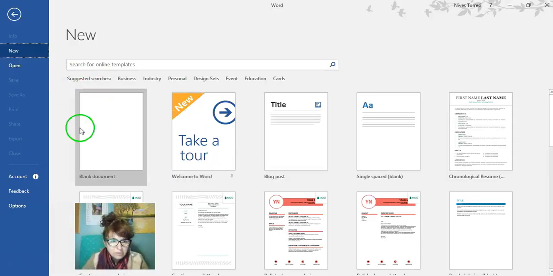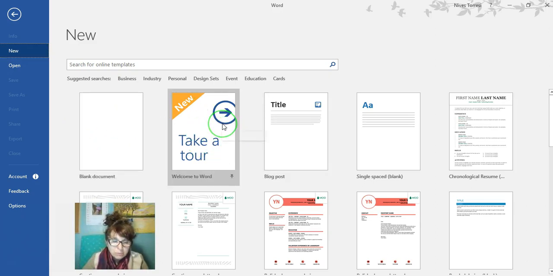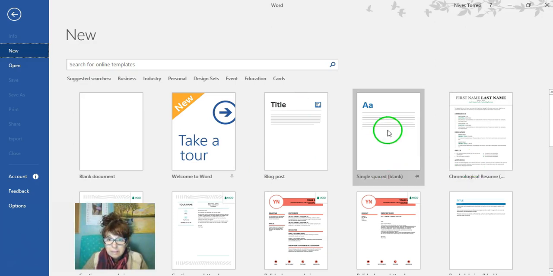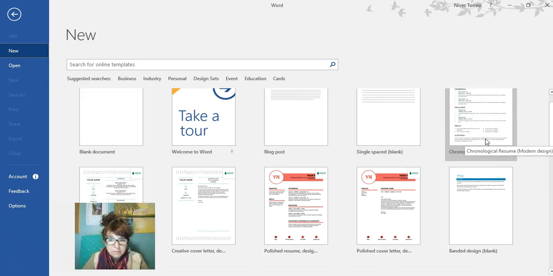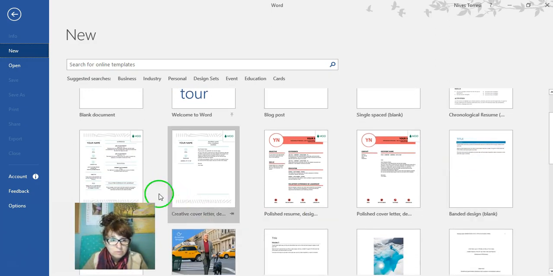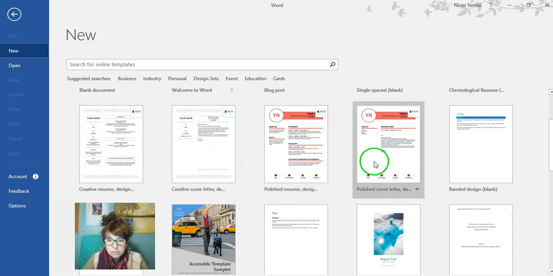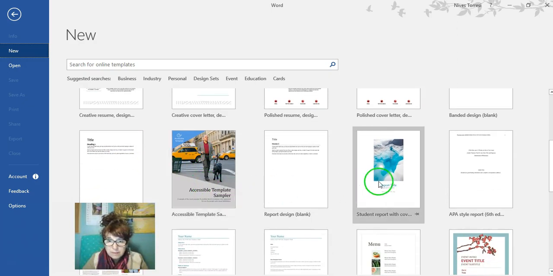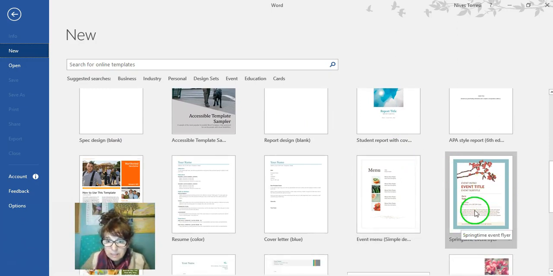So Word is not just a plain blank document. Word also has, we can take a tour, which we'll do in class, templates, with which you can begin writing a blog post, a single spaced blank, a chronological resume, which is something that we can work on with the older students, another type of resume, creative cover letter, polished resumes, accessible template sampler, student report, report design, an event